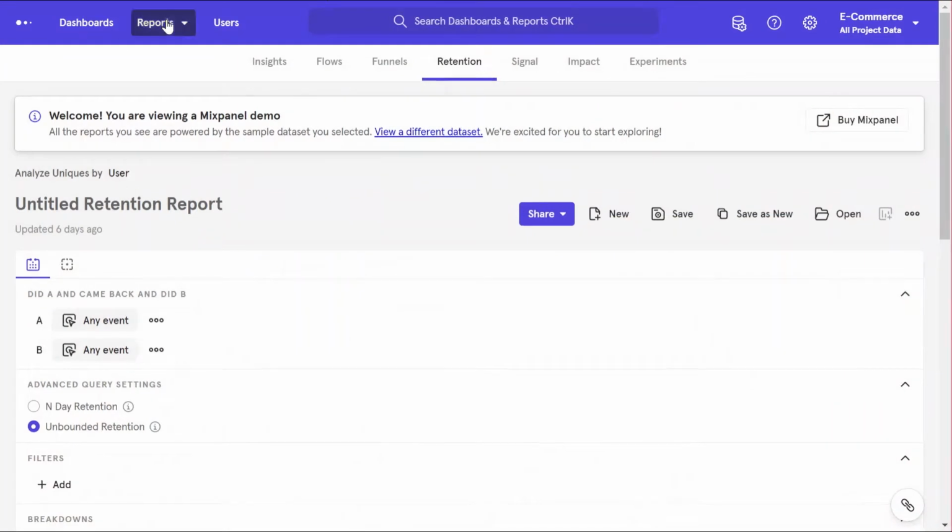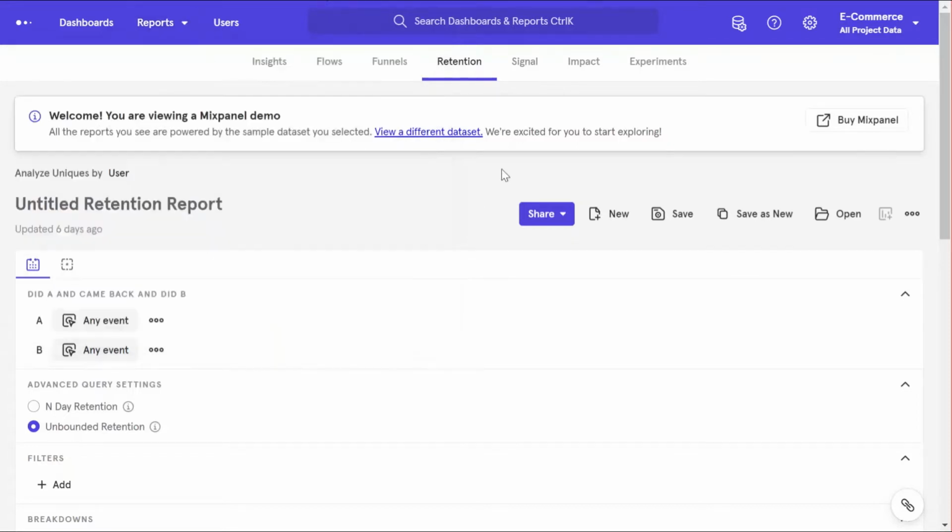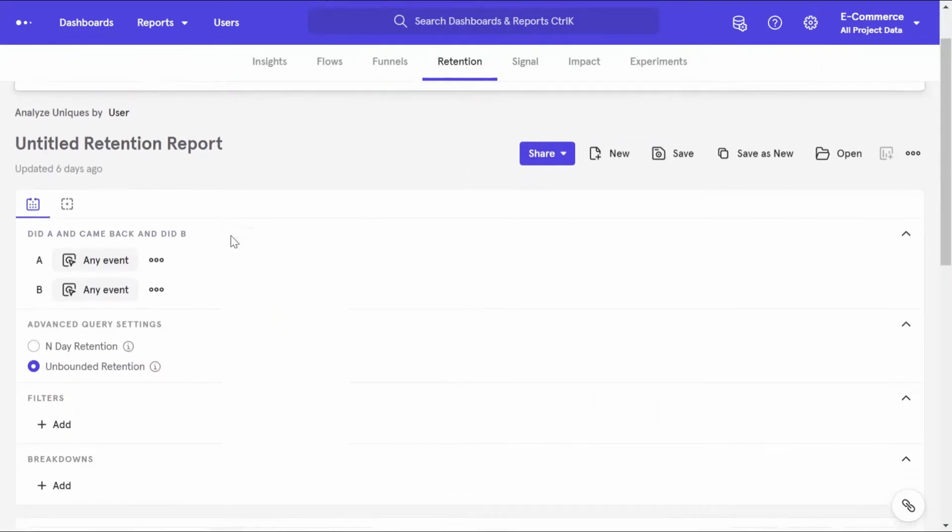In the previous episodes, you would remember that we went over insights reports in Mixpanel, and then we went over the very important funnel reports. In this episode, we will move to the retention reports. Retention, you would recall, is one of the very important metrics for the success of the product.